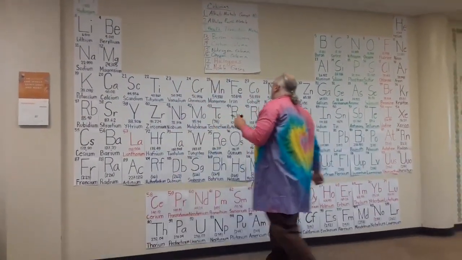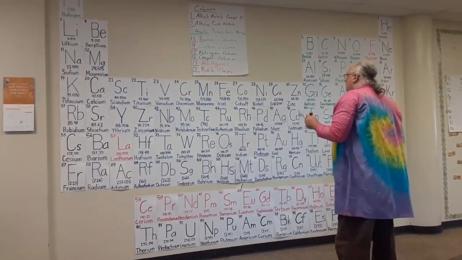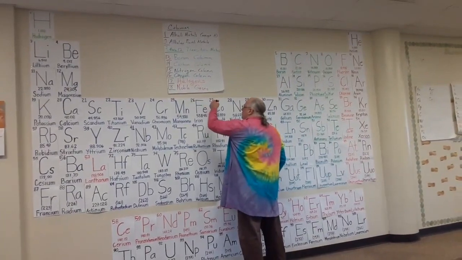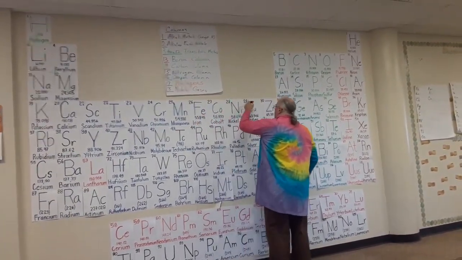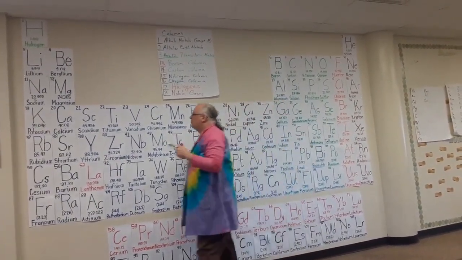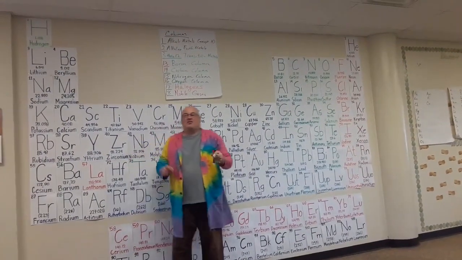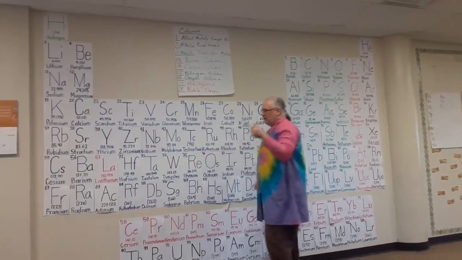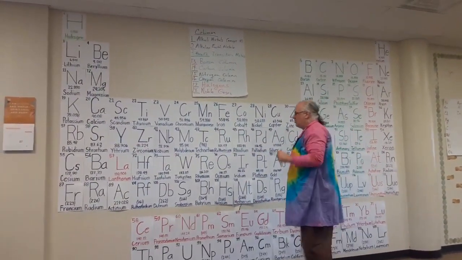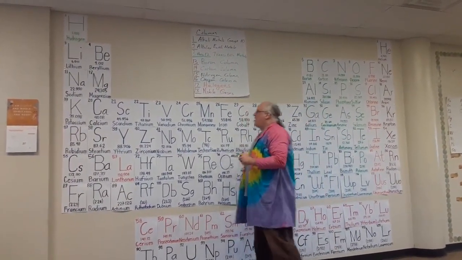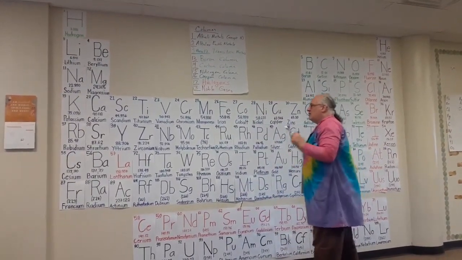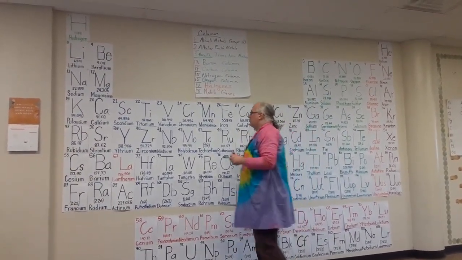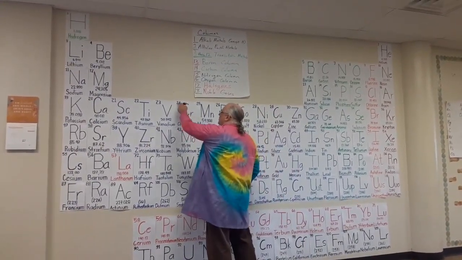So right now you can tell on the periodic table how many protons an atom has, and if it's going to be an electrically neutral balanced atom, we'll get into what happens when electrons start moving around in a couple days, then it would also have to have that many electrons. So if we had a chromium atom that had